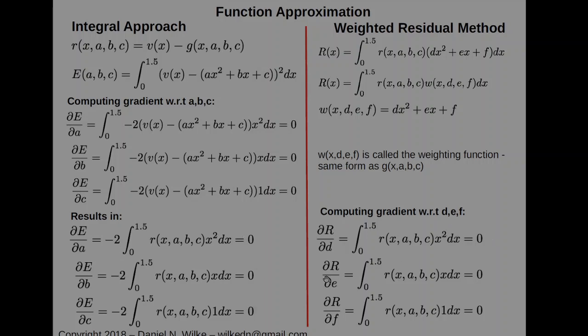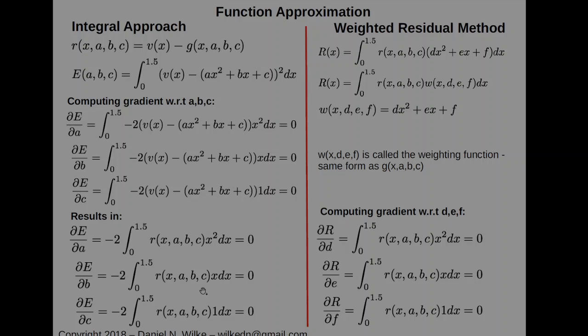I then recover this system that I would like to solve, which is now a system where I need to solve for the a's, b's, and c's. So this is what the weighted residual method is about. It's solving an error squared, but it's packaging it in a different way. It's important to understand this link: when we write the residual multiplied by some weighting function, and we take the derivatives with respect to the variables of the weighting function and set it equal to 0,